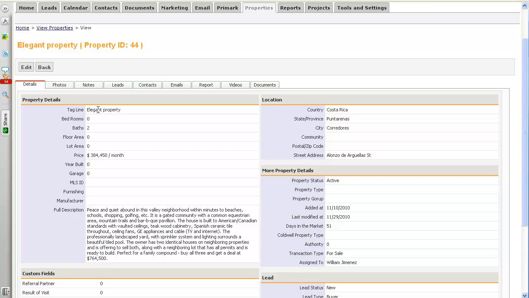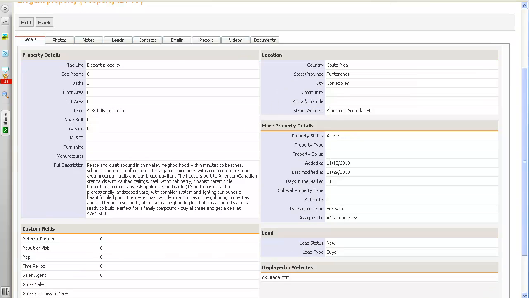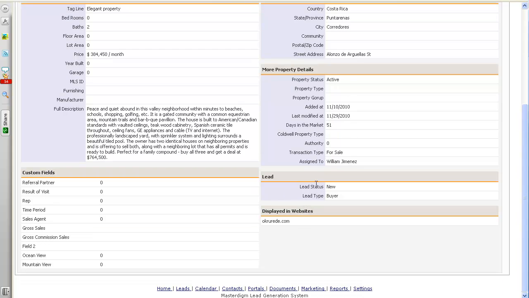details, a tagline, which will be the title of your web page. This will be what we call the H1 tag of your website, and also the title of your website. So pick your tagline very carefully. Of course, fill out your information and your descriptions, the locations of the property, and more information about the property here, days on market, things of that nature, what the lead is, what website will be displayed, and any custom